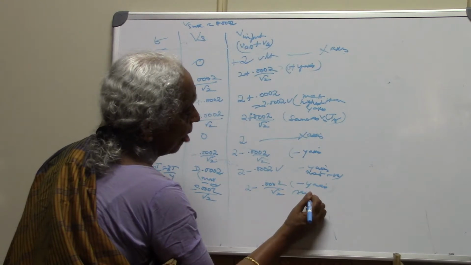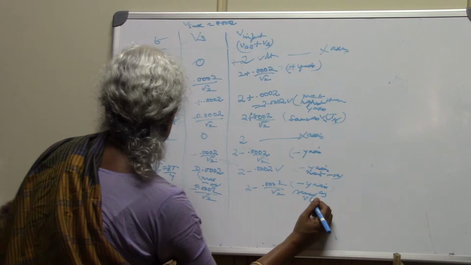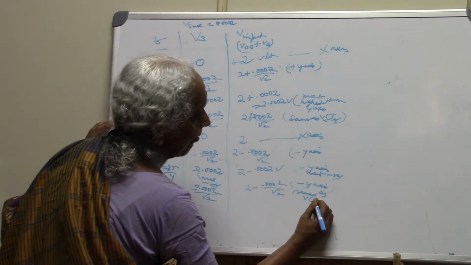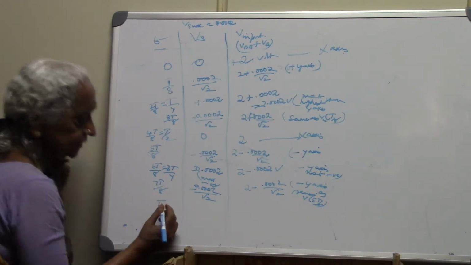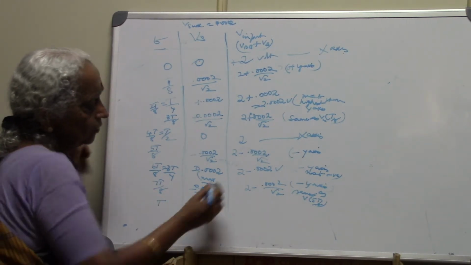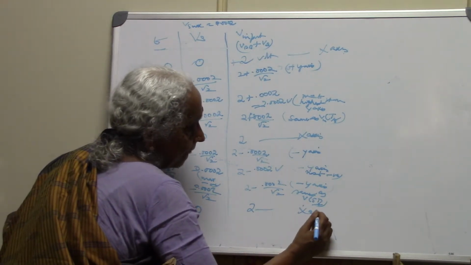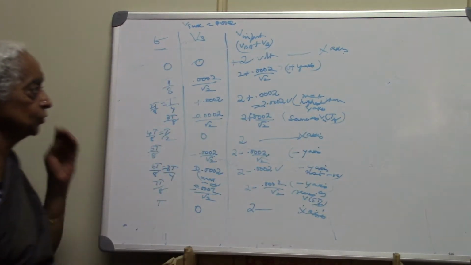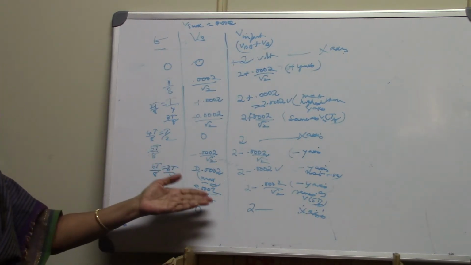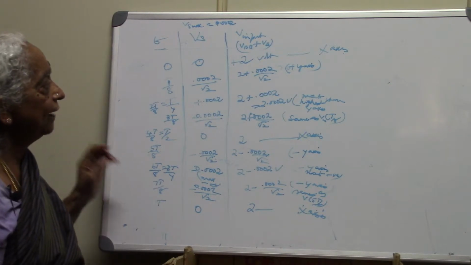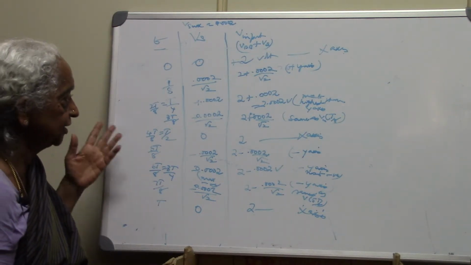Same as V at 5T by 8. And then V at T, which is 8T by 8, will be 0, and this will be 2, and this will be the x-axis. So if you take the mean line as 2 volt, corresponding to a y value of 2 volt, you will have the points on the x-axis, with the y-axis origin at 0.